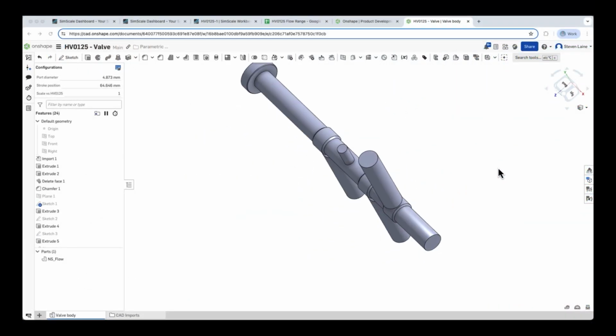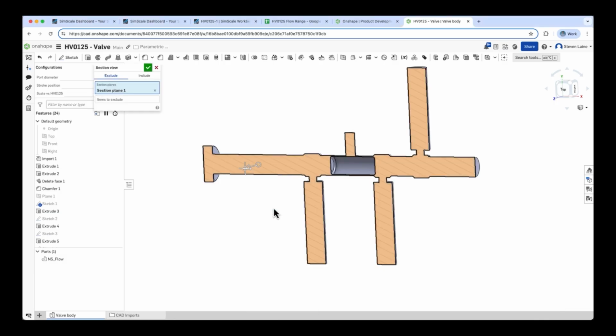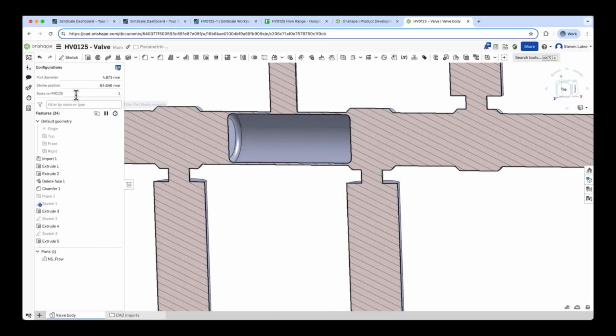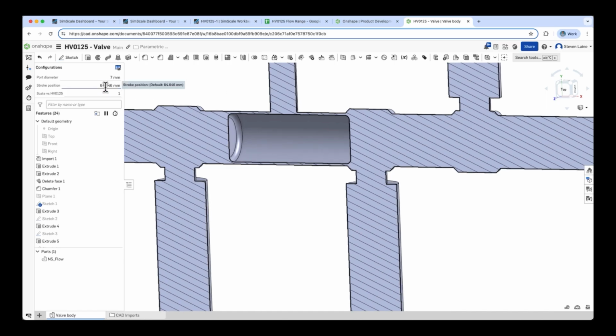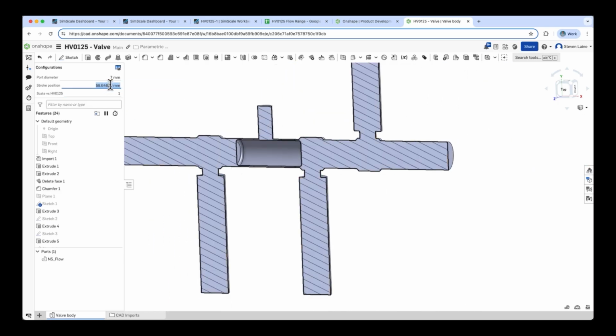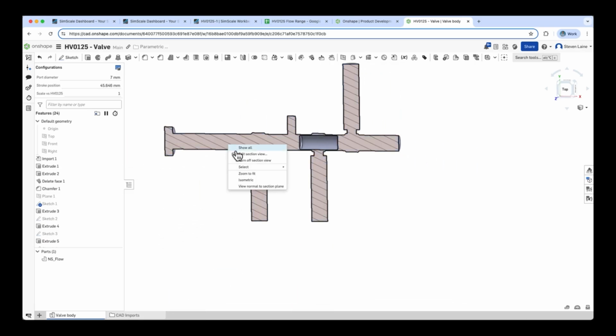So we've created that model based on the original valve that we had designed. Now we have a new product design that we want to create. And as I mentioned, we noticed some restriction in the previous valve. And we want to push this to a higher operating flow rate. So the designer may choose to expand those port sizes up to a higher value. And we have a parameterized model here in Onshape that we can use just to set up the simulation for the new product design. So we can change the stroke length to look at all of the different operating conditions of this valve and change any of the parameters.